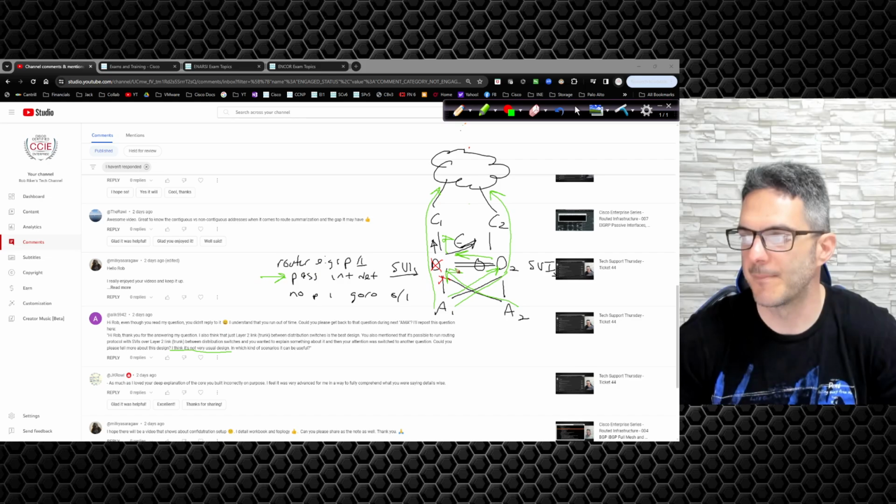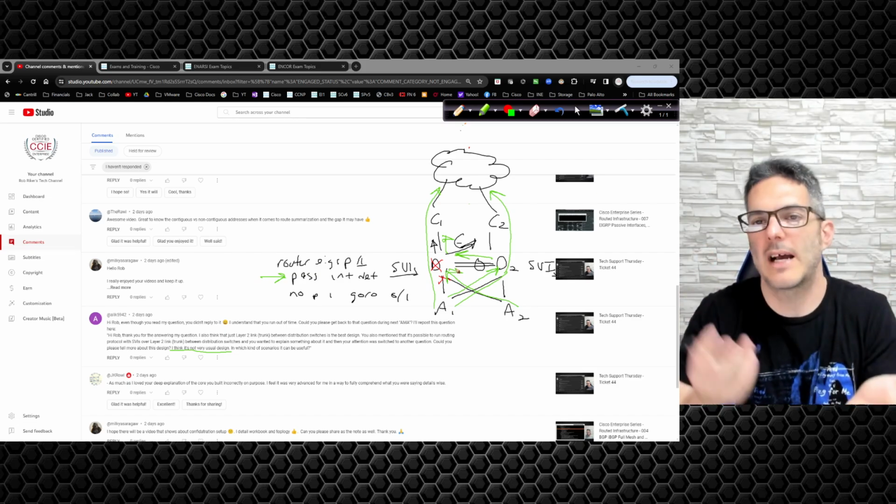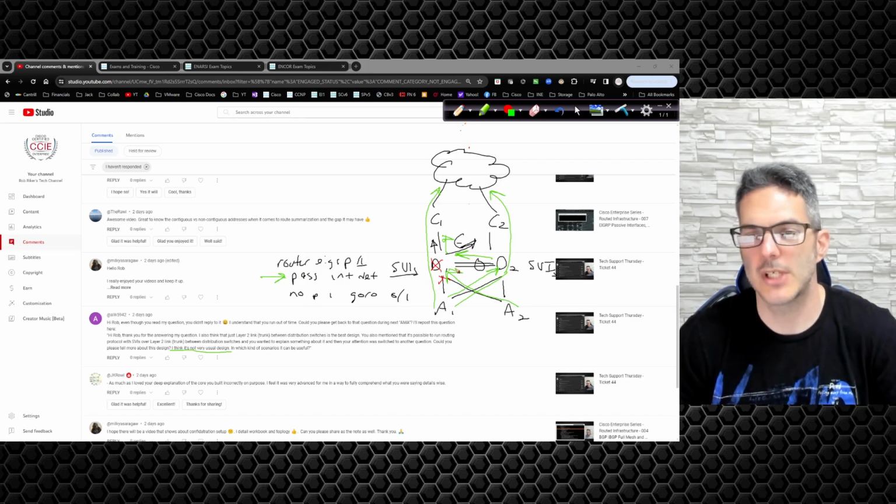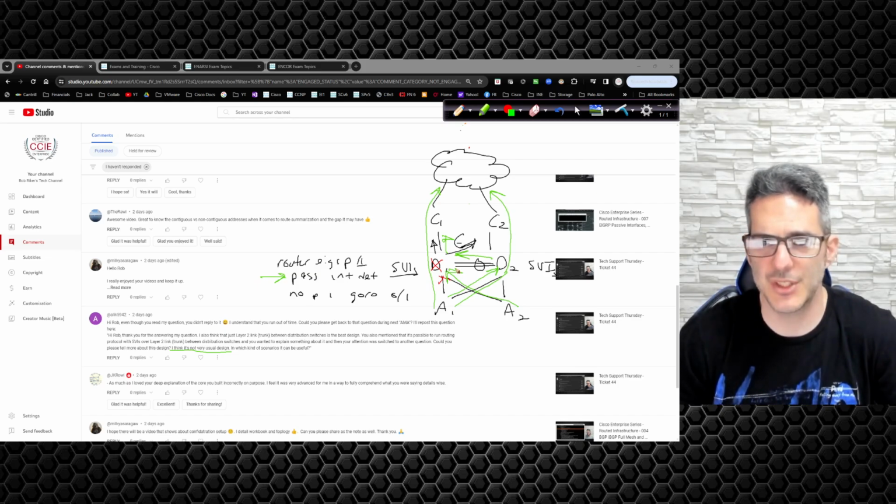So if something were to happen from your distribution layer going down to your access layer, through structured cabling or an SFP going bad or a port on the switch not working anymore, then that's a different situation. In those situations, you would have to take into consideration that you would be losing a diverse path. So does it matter? One half doesn't do anything better than the other. You just have to take into consideration what's going to happen. If you want to test this out, go ahead. Spin up a few devices, simulate some routing, and see exactly how it comes out.